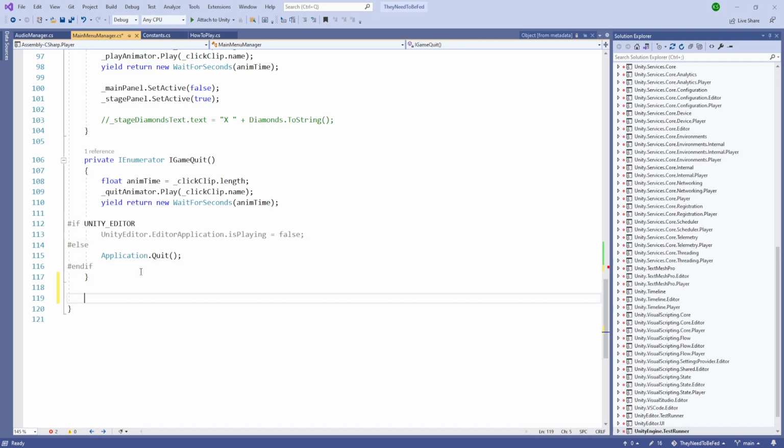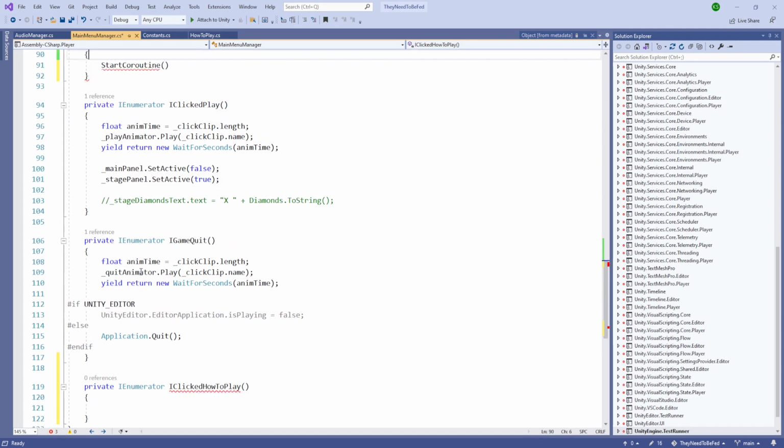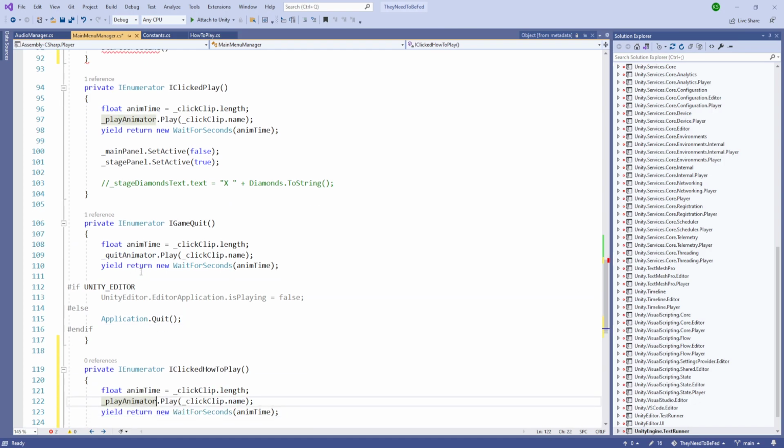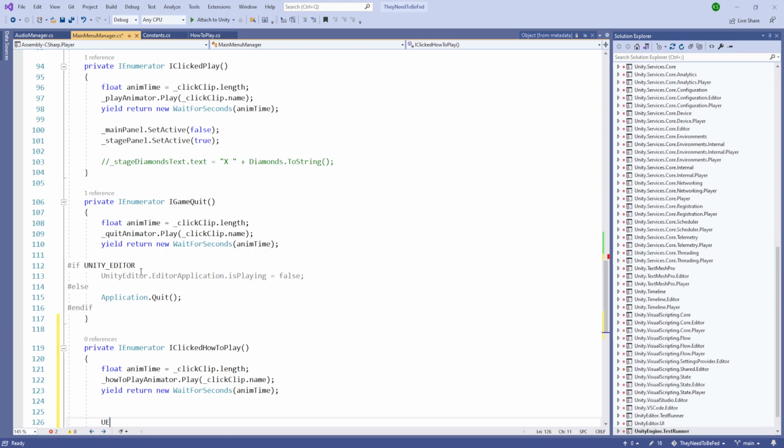So it's going to be private enumerator, I click how to play, and let's copy the anim time code and paste it here. Click clip, and instead of play animator we'll do how to play animator, and after it returns we'll do